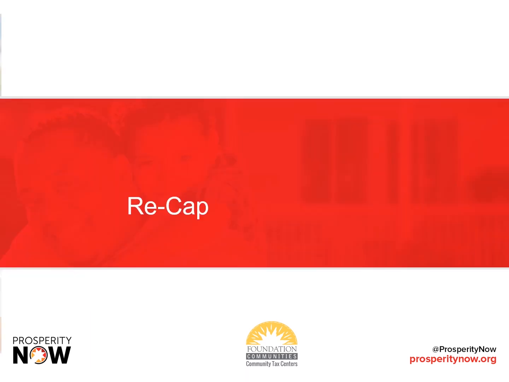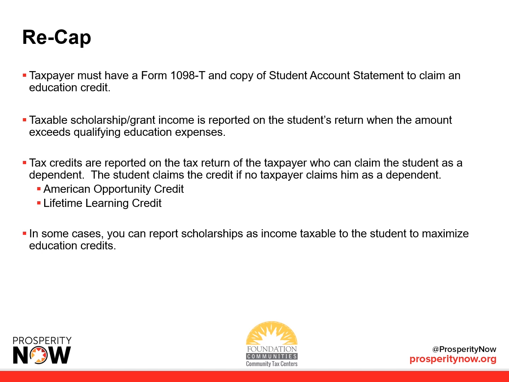Let's recap. The taxpayer must have Form 1098-T and a copy of the student account statement to claim an education credit. Taxable scholarship/grant income is reported on the student's return when the amount exceeds qualifying education expenses. Tax credits are reported on the tax return of the taxpayer who can claim the student as a dependent. The student then claims the credit if no taxpayer is able to claim them